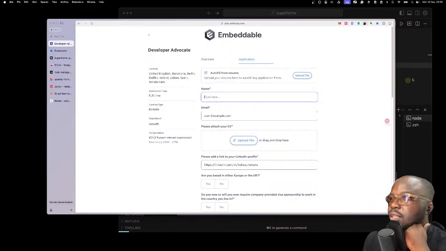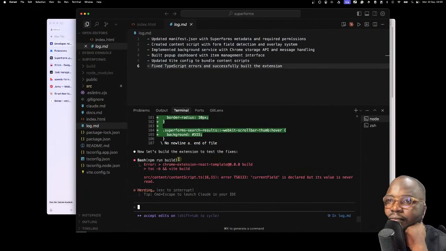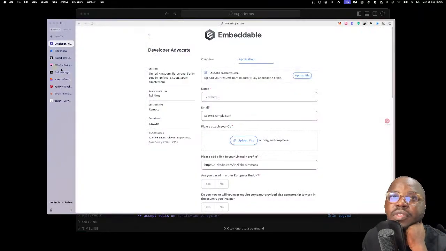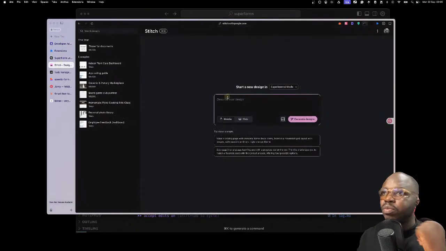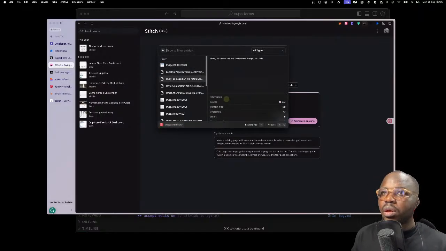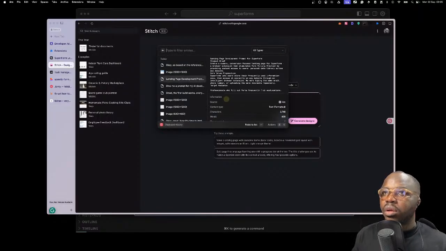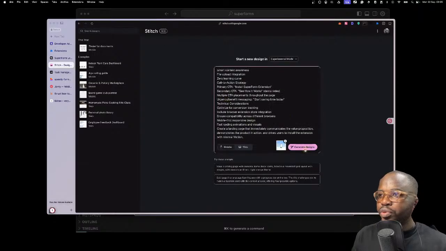So I think this one is done with the fix. Let's build it again. Oh, there are some errors. It's going to try to fix those errors. Let's check on our project right here. Okay, something is going on. The page is buggy. Okay, let's add V0 and Lovable. Let's also give the same prompt to